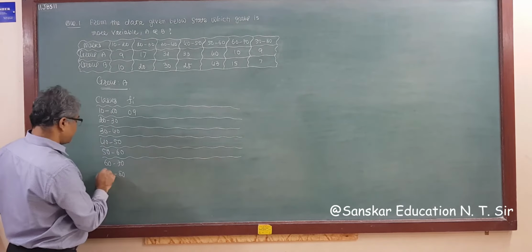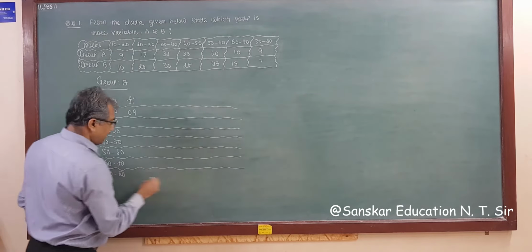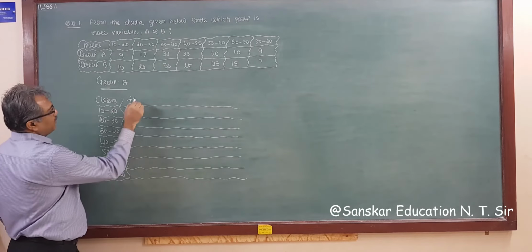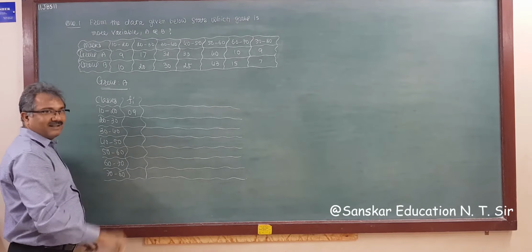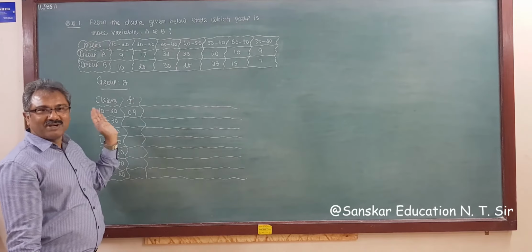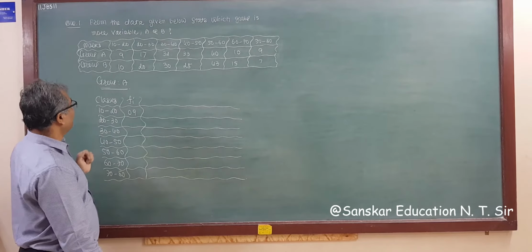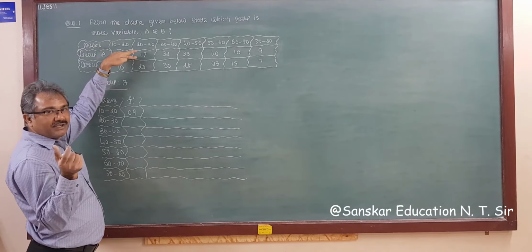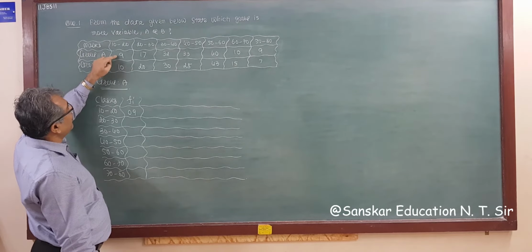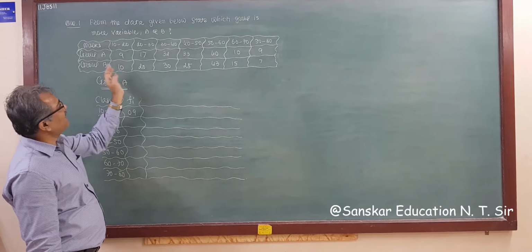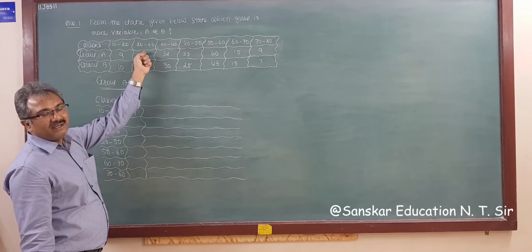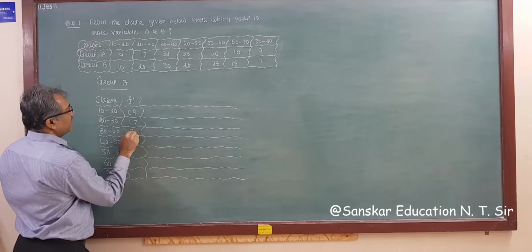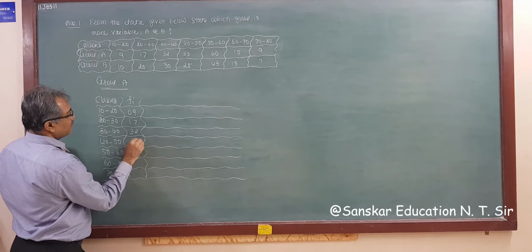So this type of sums you have to solve in tabular form, and you know how to make a table, right? So Fi is 9, but be accurate, because suppose you are writing for group A this frequency, and sometimes if you take 20 instead of 17, then there is a problem, right? So this is 17, 32, 33,